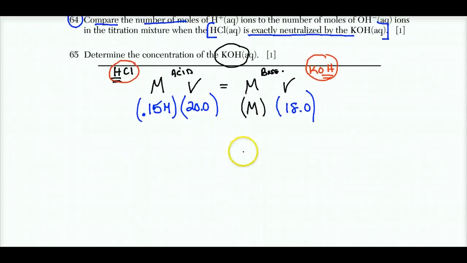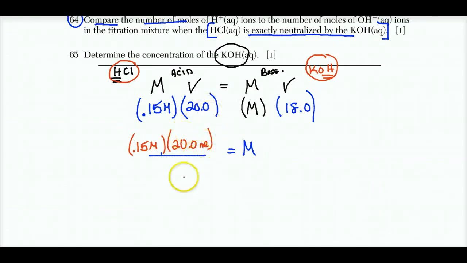And the molarity is equal to 0.15 molar times 20.0 milliliters, putting the units into volume, over the 18.0 milliliters, and you'll see that the milliliters cancel, and you're left with molarity. Put that in our calculator, 0.15 times 20 divided by 18, and we get